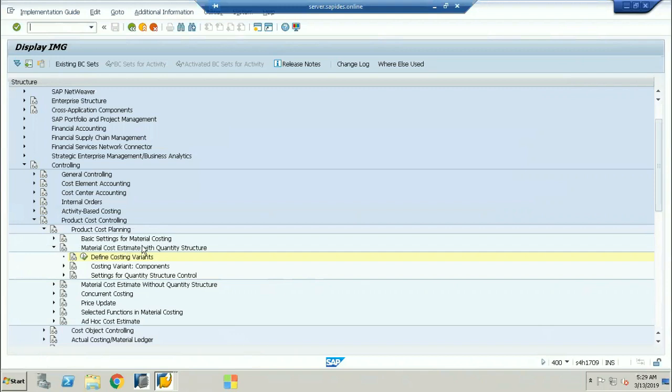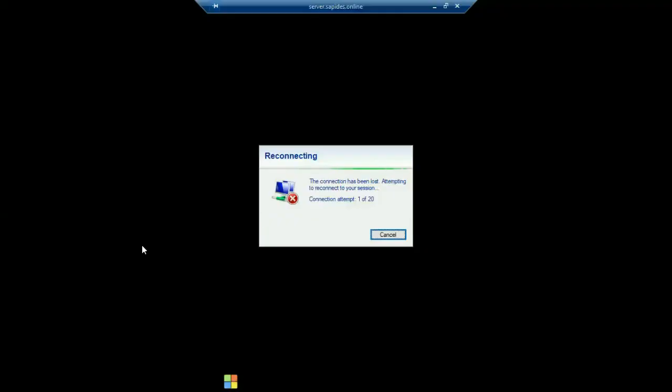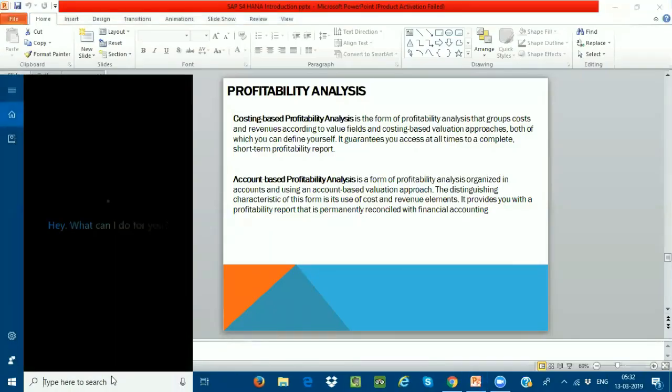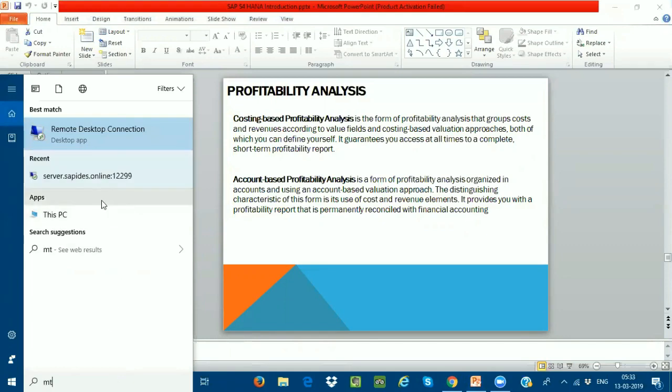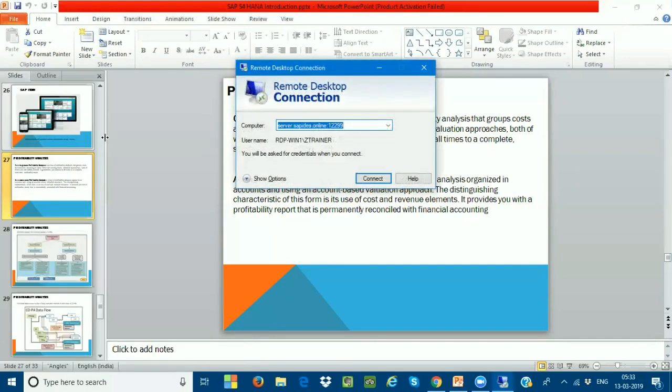Exactly. Now SAP is very clearly telling all the customers, this is a recommendation from SAP: you have to switch to account-based profitability analysis rather than using costing-based profitability analysis. Whatever drawbacks we experienced in our SAP ECC, like the cost of goods splitting and the production order variance splitting, which were not available earlier in account-based profitability analysis, have now been maintained. Now we have made it possible to have the cost of goods sold splitting and the production order variance splitting in SAP S/4HANA using account-based profitability analysis.